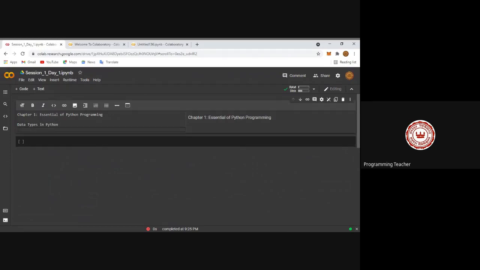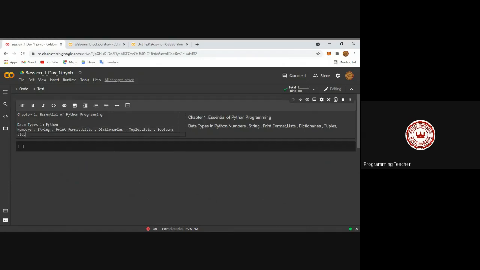If you think about data types, first I can say numbers, then strings, then the print function or print format, then lists, then dictionaries, then tuples, then sets, booleans, etc. All these are the base data type concepts in a programming language.